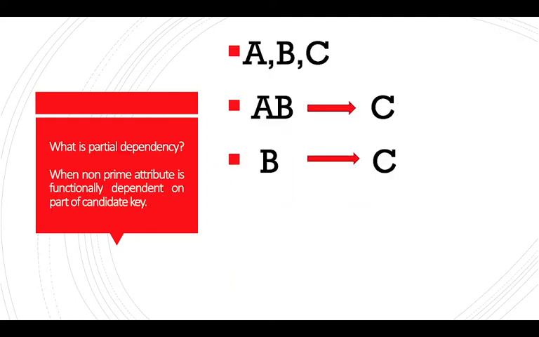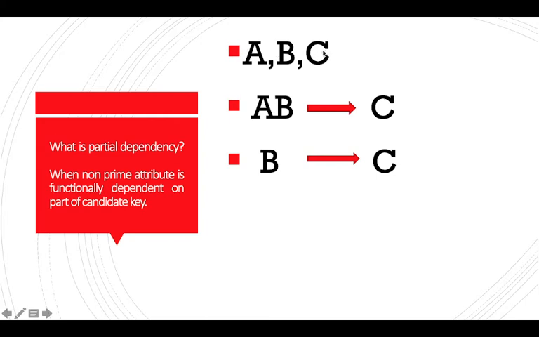Before we understand 2NF, I want you to know what is partial dependency. In bookish language, when a non-prime attribute is functionally dependent on part of candidate key. Let me explain that with an example. Consider we have three attributes. We have three columns in a table